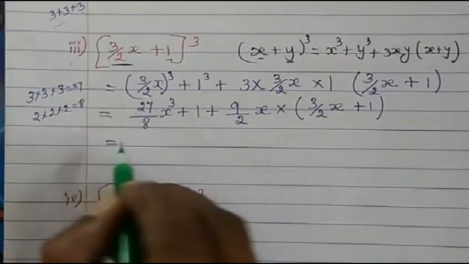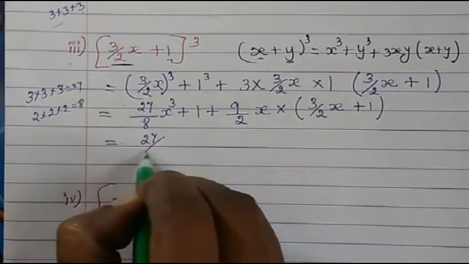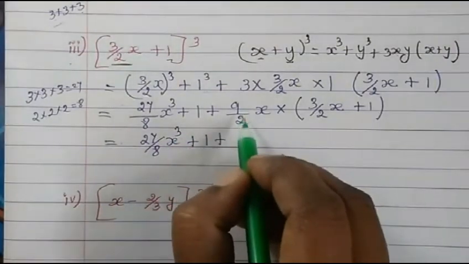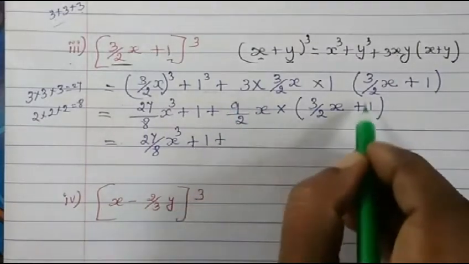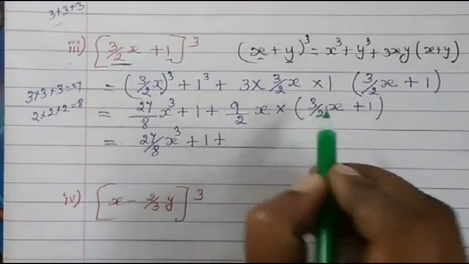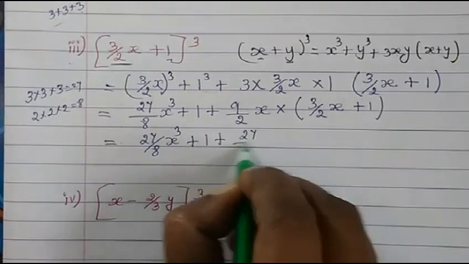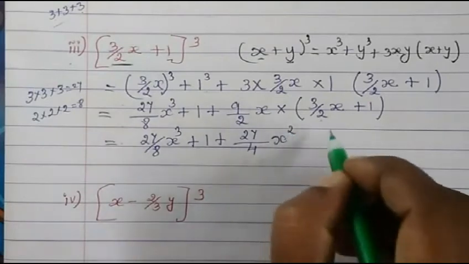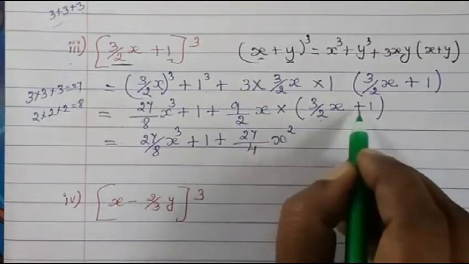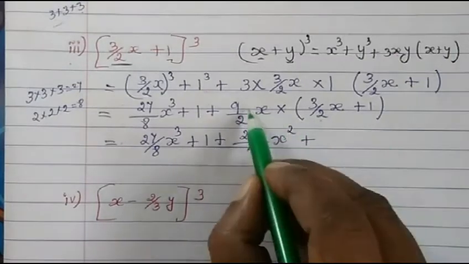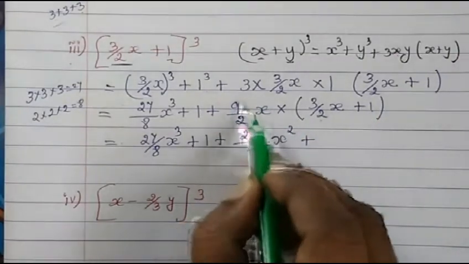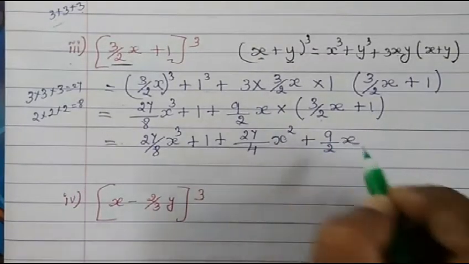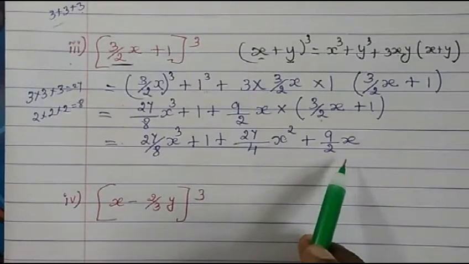So now next step. This we can't do anything, so we write as it is. x cube plus 1 as it is. Now this is in multiplication, so with this we have to multiply. So 9 3s are 27. Then 2 2s are 4. x into x, x square. Then you have plus here. So plus. So now with 1 we multiply the whole thing, when you multiply 1 we will get the same number.